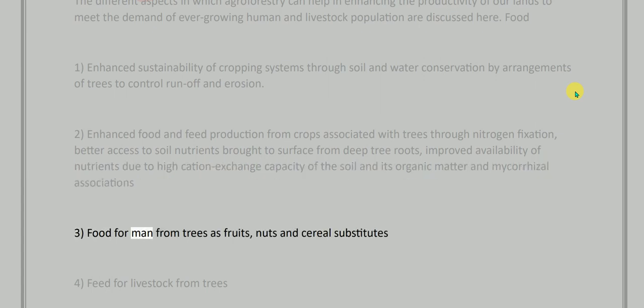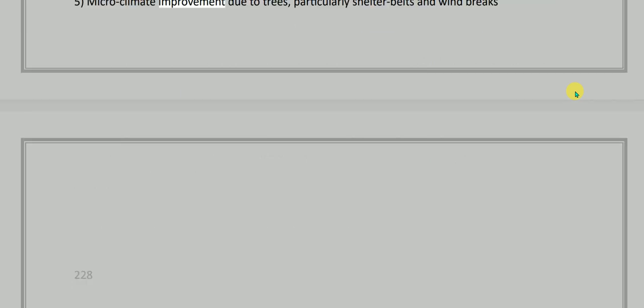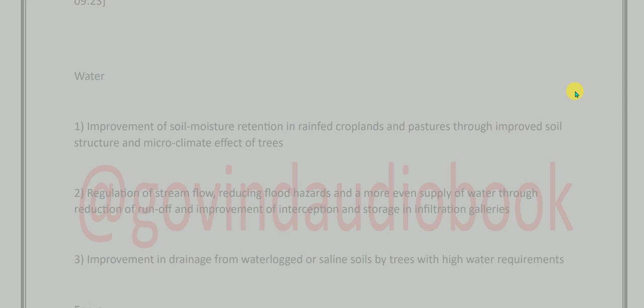3. Food for man from trees as fruits, nuts and cereal substitutes. 4. Feed for livestock from trees. 5. Microclimate improvement due to trees, particularly shelter belts and wind breaks. Water. 1. Improvement of soil moisture retention in rain-fed croplands and pastures through improved soil structure and microclimate